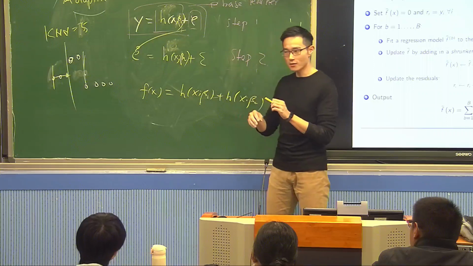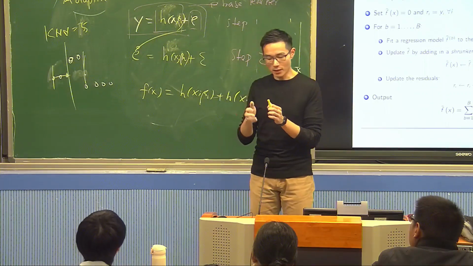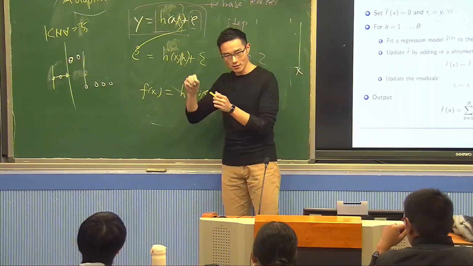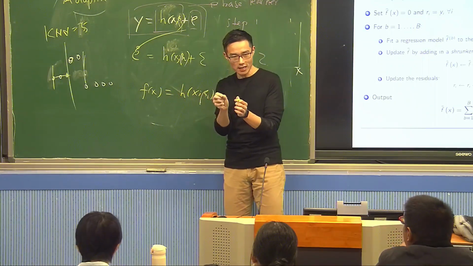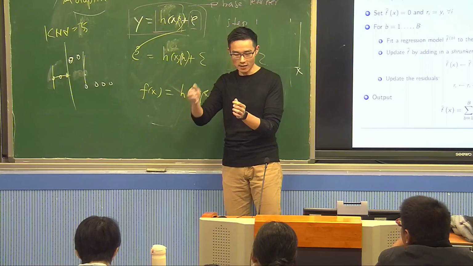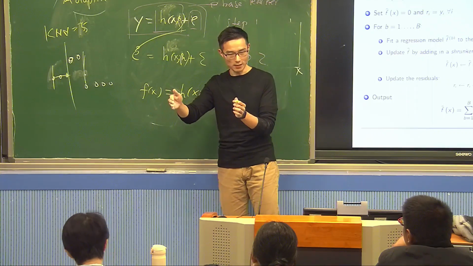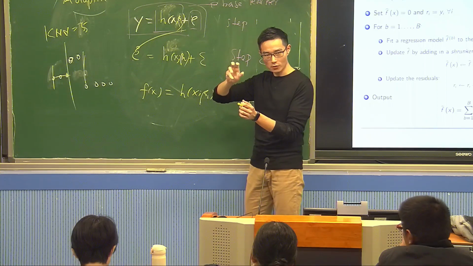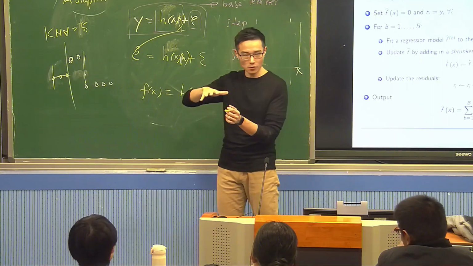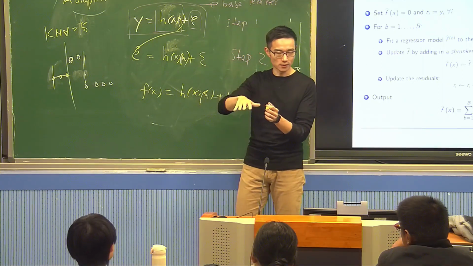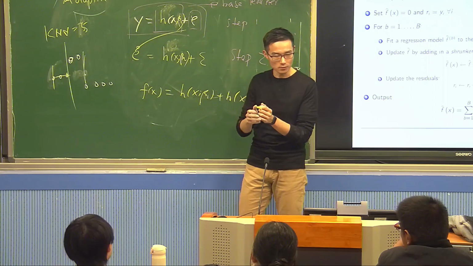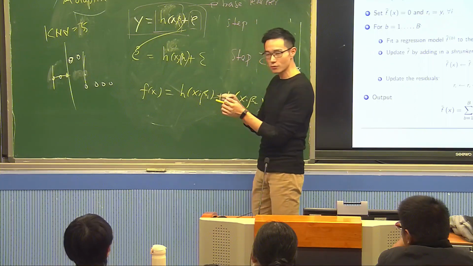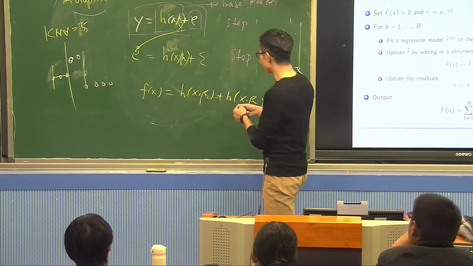So it turns out that in reality, it's better to go slowly, meaning grow your final model slowly, every time adding just a tiny piece, not a lot. Add a tiny piece, add a tiny piece, add a tiny piece, and every time try to slightly and slowly fit the residual. Empirically that works. Empirically that tends to work the best. So how to do this slowly? Well, the way to do it slowly